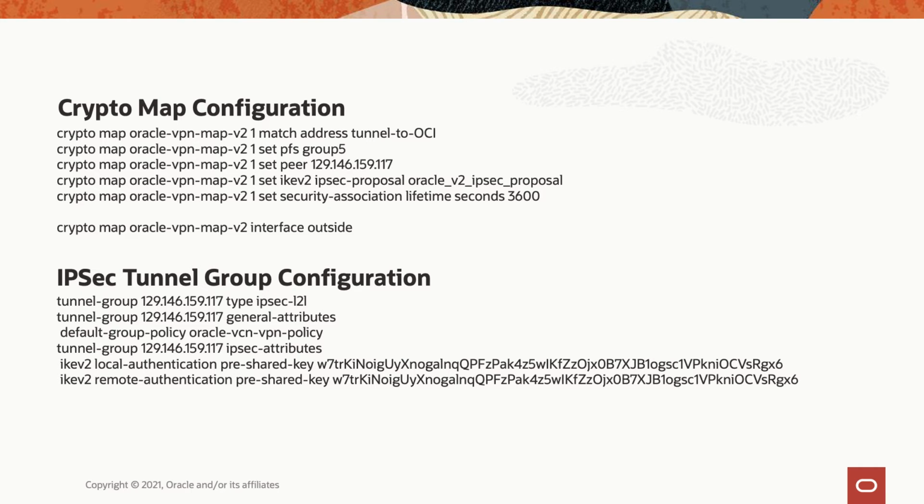Next, we do the crypto map configuration to tie together the important traffic that needs encryption via the crypto map ACL with defined security policies and the destination of the traffic to a specific crypto peer, that is our OCI VPN headend. Then we will apply this crypto map to the outside interface. Note that an interface can take only one crypto map at a time. ASA supports policy-based VPN with crypto maps in version 8.2 and later. Okay, so we'll do the crypto map configuration now.